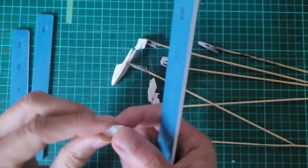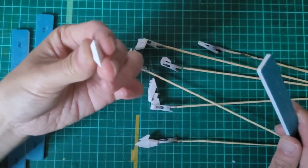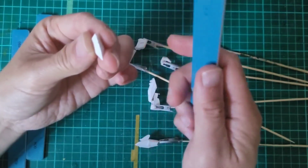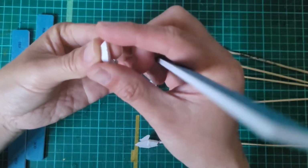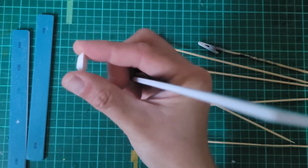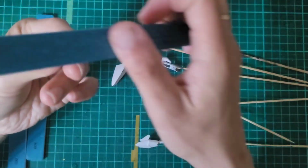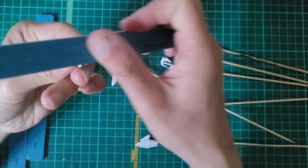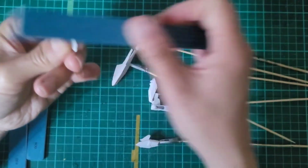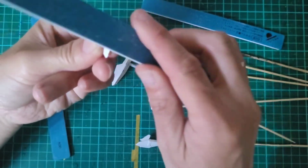Okay, so after the priming stage is actually now to check for some further flaws. You can see a little bit once your primer is on. So I'm just going to start sanding it a little bit again and then re-priming it. This is kind of the tedious part of the build with resin. You need to ensure that the parts are smooth,